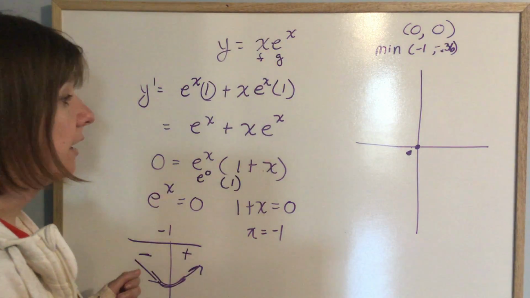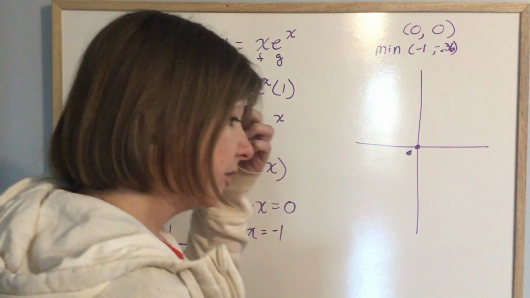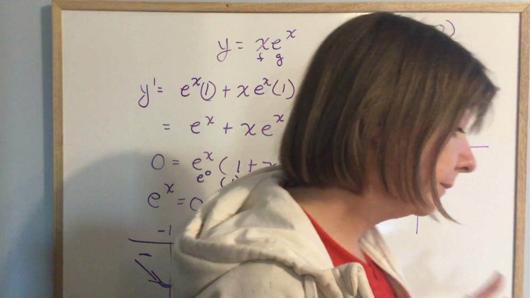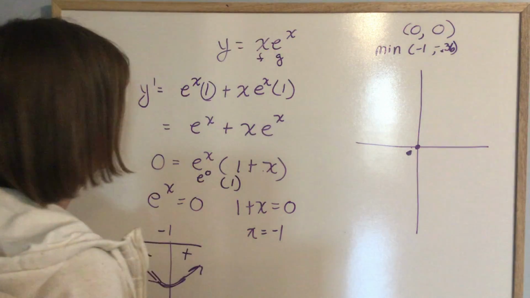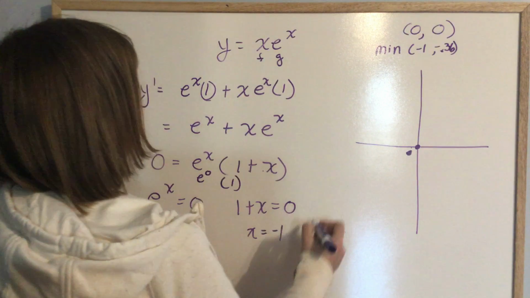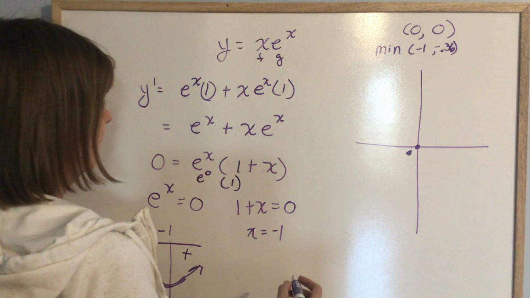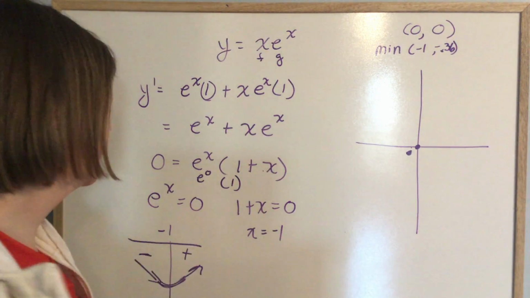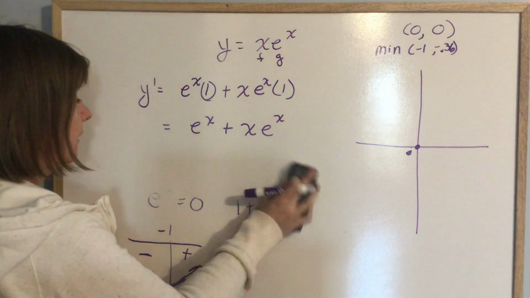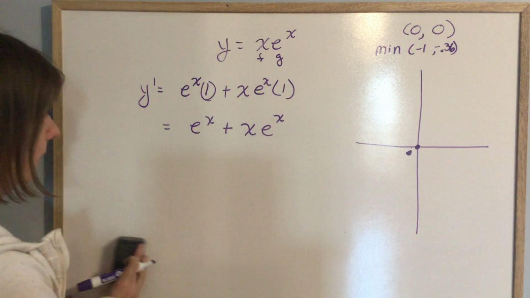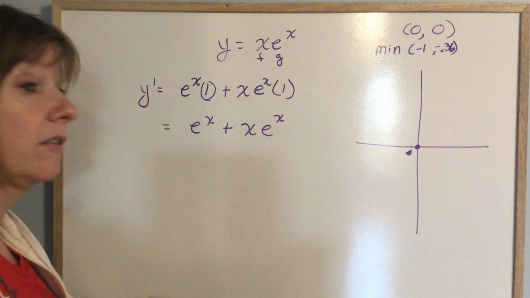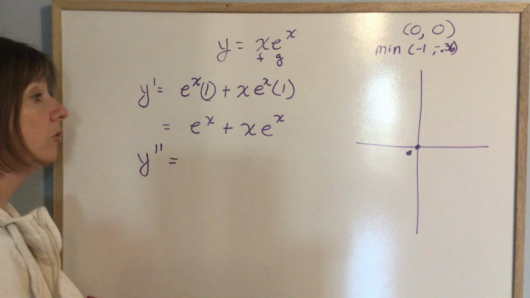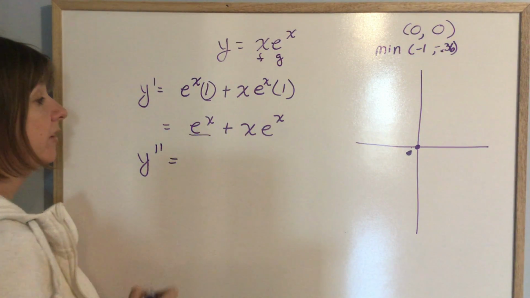All right. Now I need to figure out points of inflection. So I need to do the second derivative. Oh, that's going to suck. Okay, so I'm going to do the second derivative. So I'm just going to erase right to here. So here is this. Here's where it gets yucky, because to do the second derivative, first I take the derivative